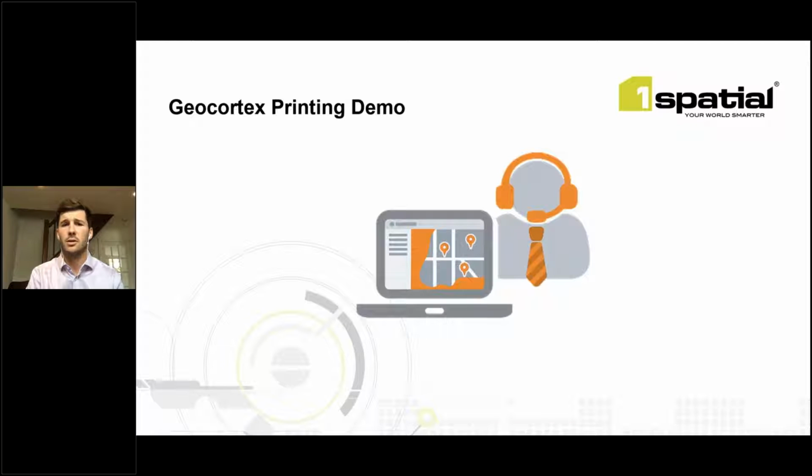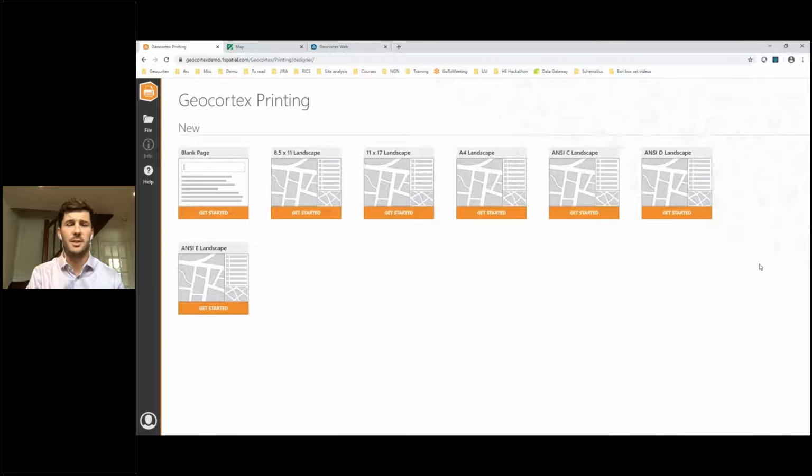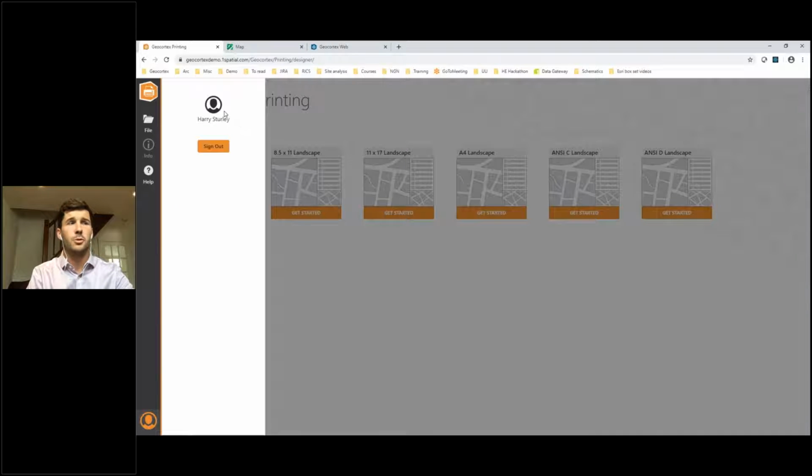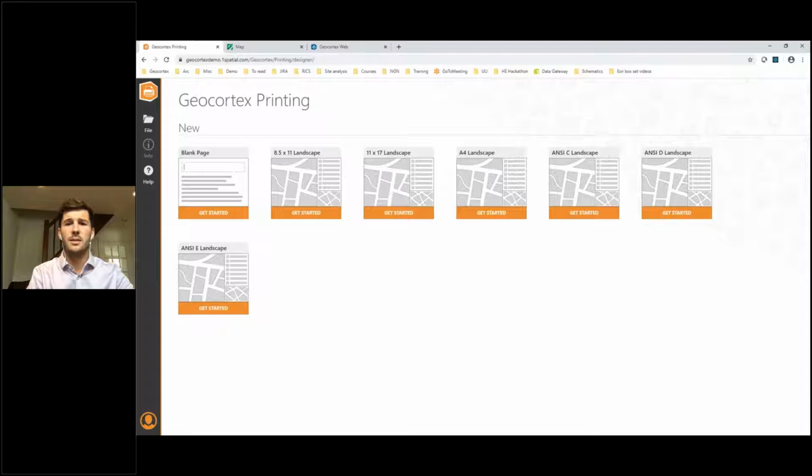So now let's have a look at how. I'll start by opening up the Geocortex Print Designer. Today I'm using an on-premise version, which means that I have signed in using my Portal for ArcGIS identity, as we can see here. And once logged in, you can see that I'm met with a number of pre-built templates